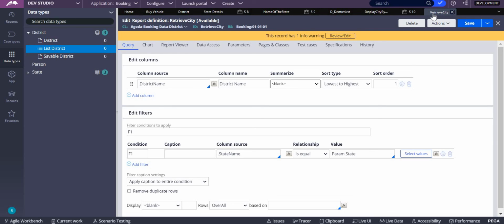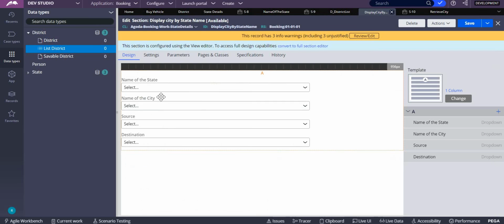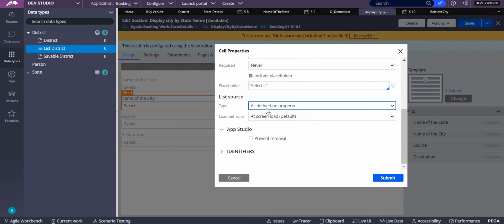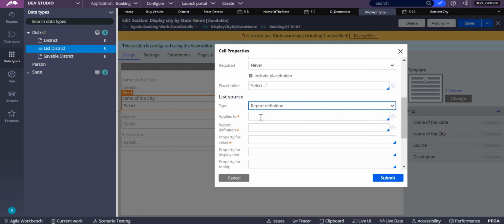This report definition you have to call now. So how do you call it? Similar to that, go to the section with the name of the city. Okay, so this is a drop down. Scroll down, and in the type take report definition. So in which class is it? Agoda